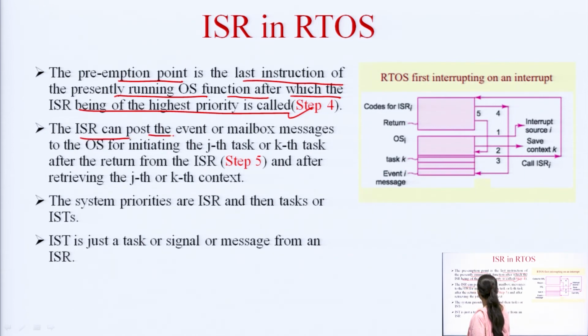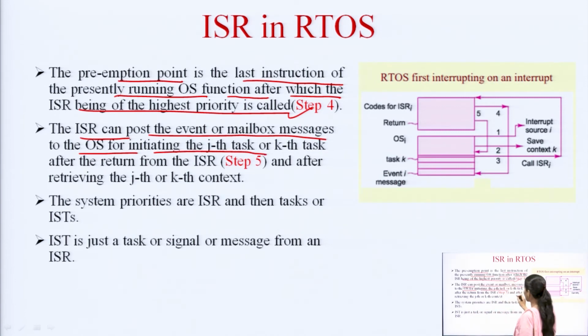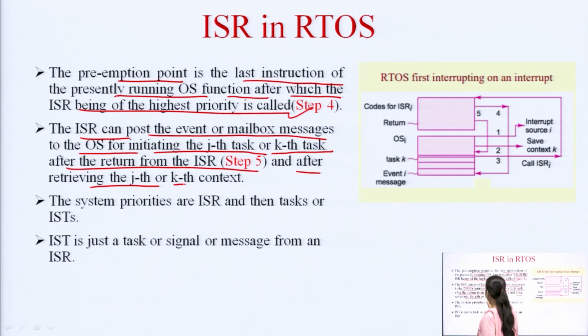The ISR can post the event or mailbox messages to the operating system for initiating the jth task or the kth task after the return from the ISR, and after retrieving the jth or the kth context. So, in this way the ISR can post, that is the 5th step. In the 5th step, after returning from the ISR, that is the interrupt service routine, the ISR itself can post the events or the mailbox messages to the